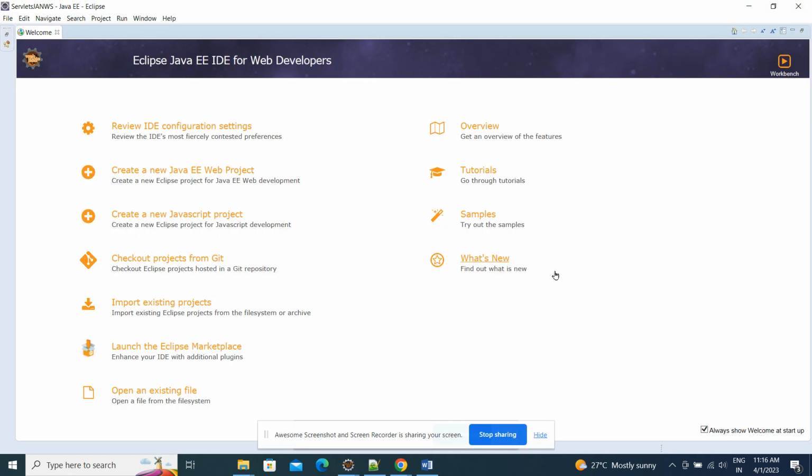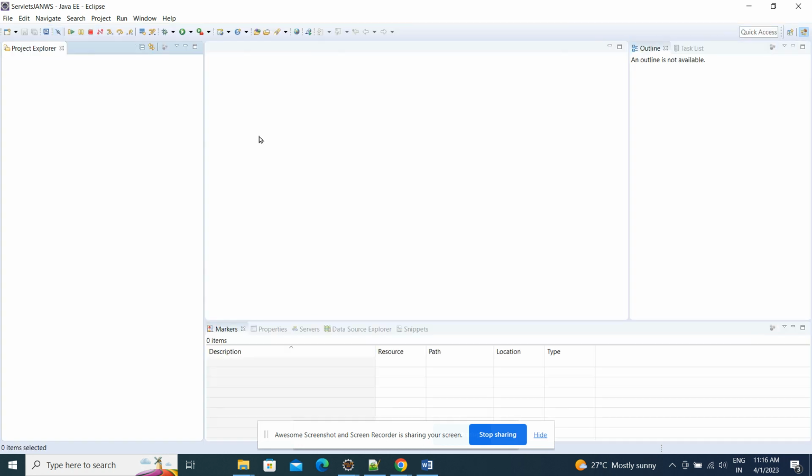Yeah, once you open that workspace, it will be like this. Okay, close the welcome. Now the default look will be like this. Next, what do we need to do? Go to the documentation,